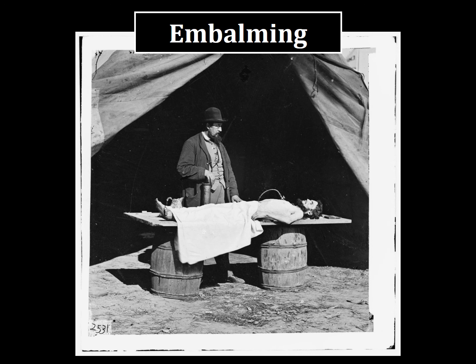called a trocar into an artery, a main blood vessel, and you drain out fluids and you replace it with a stabilizing agent, and it's cosmetic. It's about keeping the body intact long enough to get it into the ground, basically. You want to be able to move a dead soldier from the battlefield in the 1860s back to his hometown on the other side of the United States by train in a time period when there's no refrigeration. It's a more cosmetic process, and it's focused on making the body look good, not necessarily preserving it